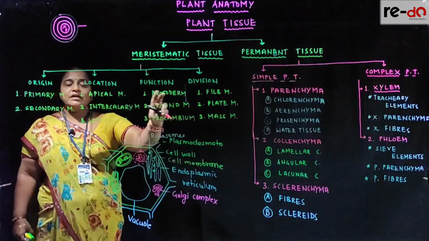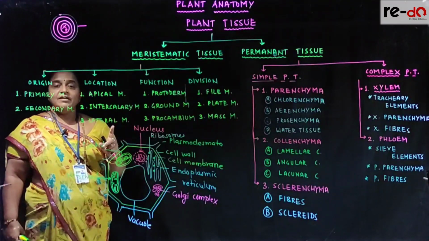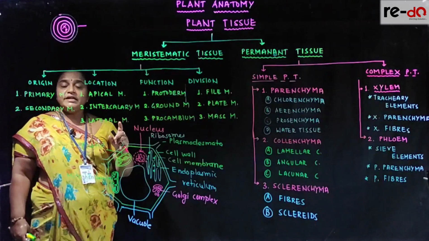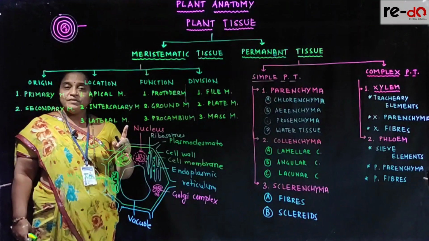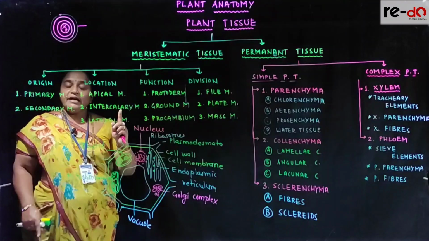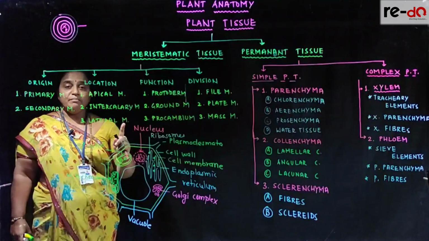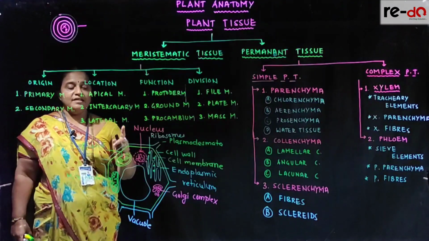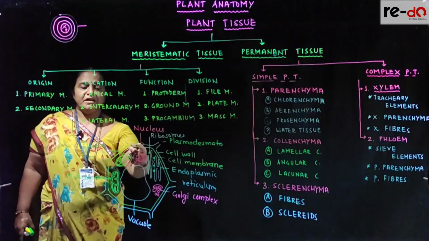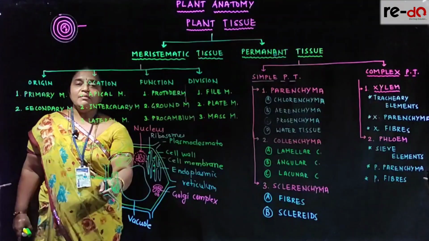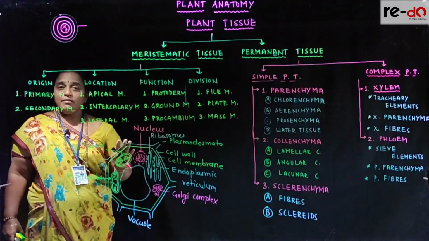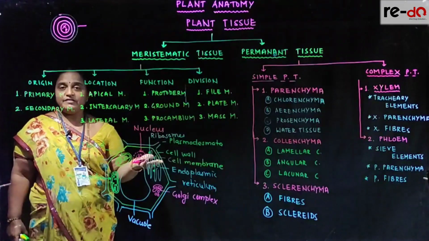This is the overall classification of the meristem. Now if you see the ideal meristematic cell under the microscope, it is either rectangular or oval, compact in arrangement. It has the usual cell wall and cell membrane, but in a meristematic cell we can see a big nucleus in the center, and many mitochondria. The remaining cell organelles are still not developed, as the cells are in the division phase.